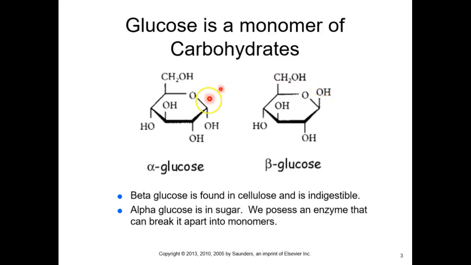There's an enzyme that can work with the first, but there's no enzyme that we have that can work with the second. That's how specific enzymes can be. Beta glucose is found in cellulose, like plant cell walls. When you eat vegetables, you're getting dietary fiber. That's the same thing. That's cellulose. It means you can't physically break it down. You're not getting energy from it. You are getting dietary fiber, and that's going to help you poop. Yep, talking about poop.